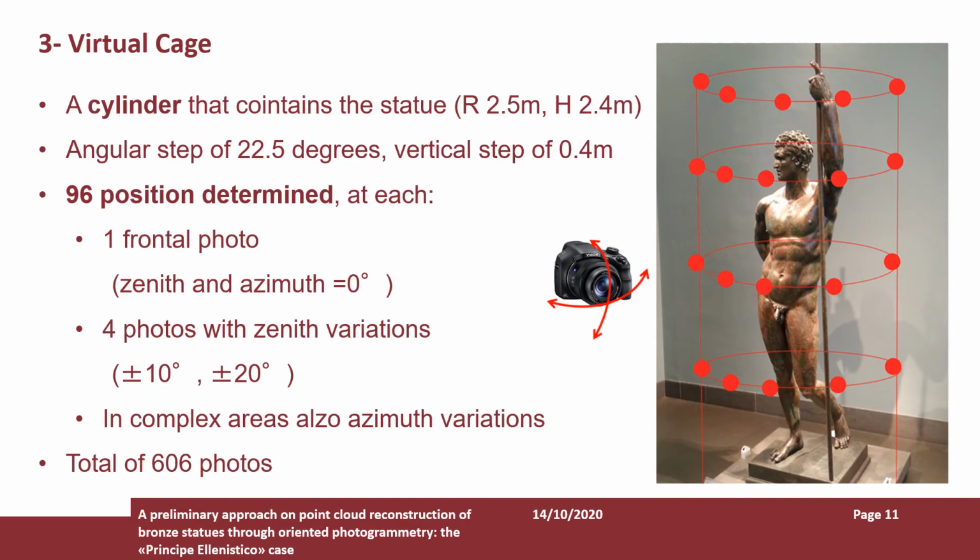Then a virtual cage has been generated around the real statue. In this case, it is a cylinder that contains the statue with a radius of 2.5 meters and a height of 2.4 meters. We decided to divide this gauge with angular steps of 22.5 degrees and vertical steps of 0.4 meters. This led us to obtain 96 positions, and for each we shot one frontal picture with zenith and azimuth equal to 0,